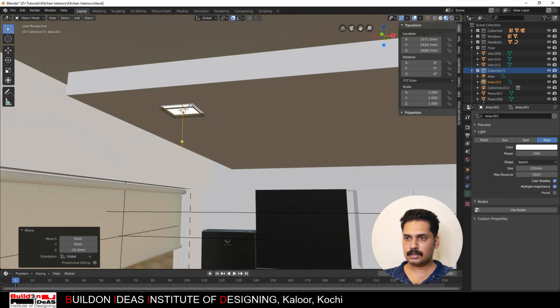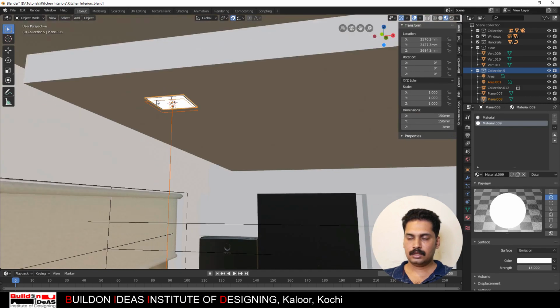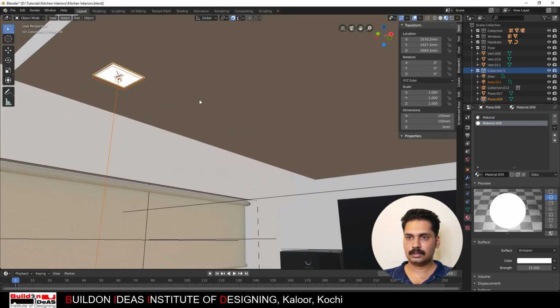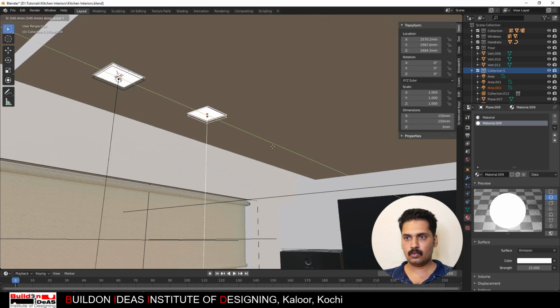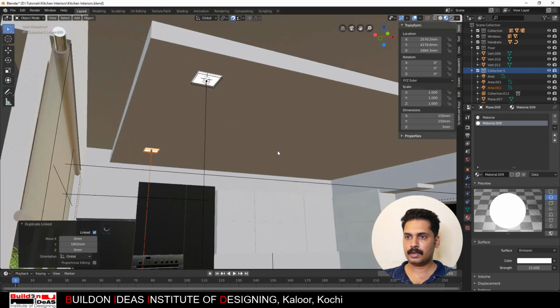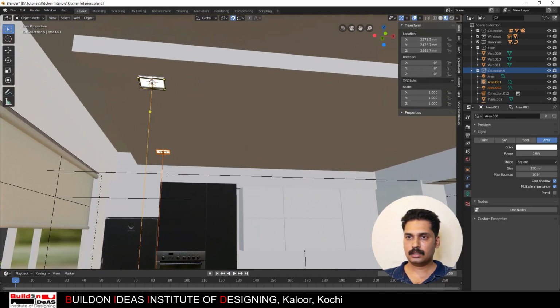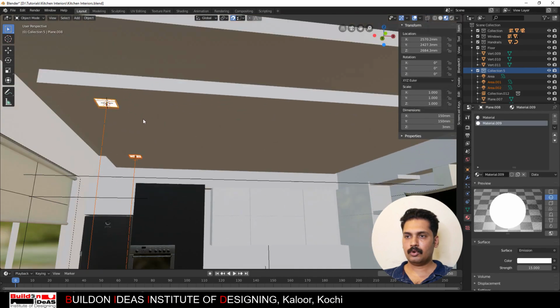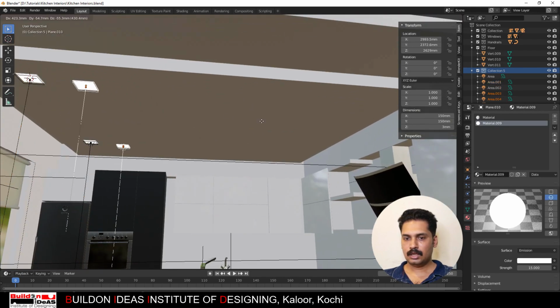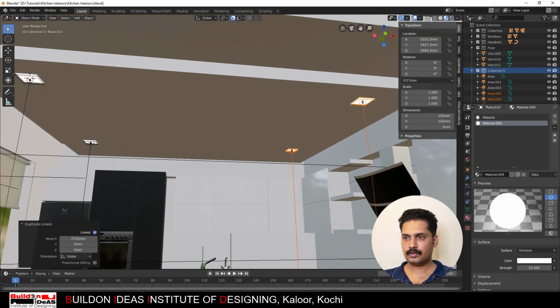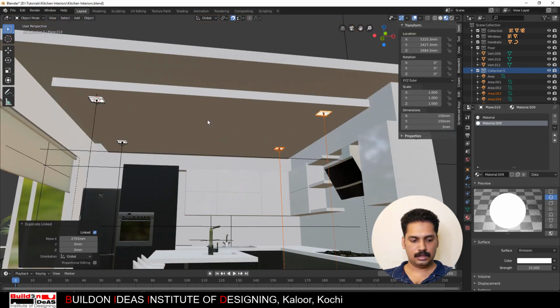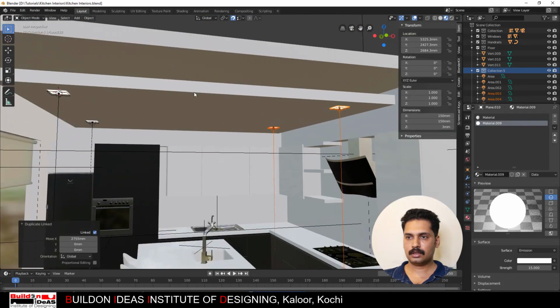And then shift select this and this, and then duplicate this in instance, so that once you change this, along with that all the values will change in instance. Now go to Y and then give a replica of that, select this and this as well, and then one more Alt D, and then in X direction just move it and place it. So you have 4 lights,